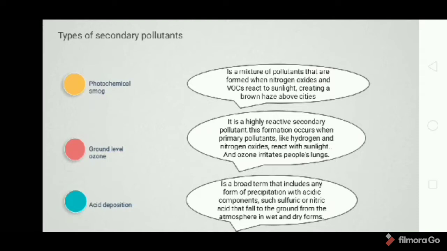And the last, we have the acid deposition. Acid deposition is a broad term that includes any form of precipitation with acidic components such as sulfuric or nitric acid that fall to the ground from the atmosphere in wet and dry forms. This can include rain, snow, fog, hail, or even dust that is acidic. So, dahil dito, malaki ang magiging problema hindi lamang sa ating nature, kundi para